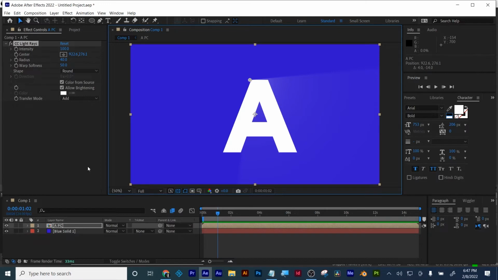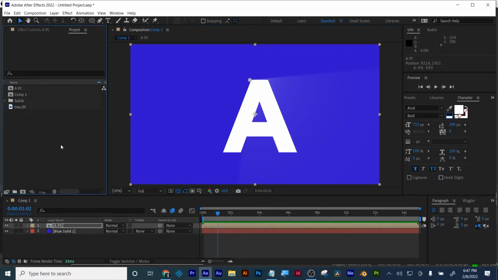Everybody get that? So when I pre-composed, it forced the edges to go to the edges of my composition rather than the edges of the letter A. We're going to talk more about pre-comps and working professionally. You're going to have a lot of art in your